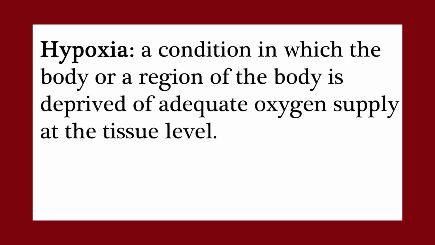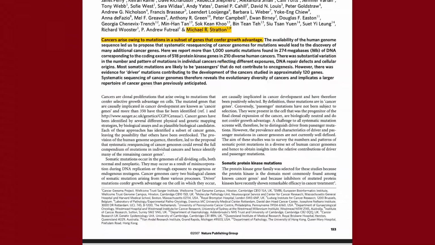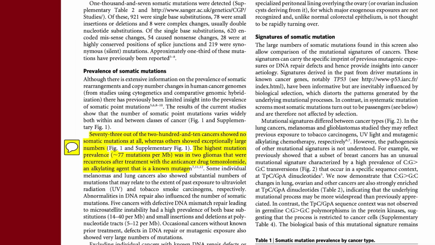Intermittent hypoxia will cause somatic mutations. All of these things cause somatic mutations, and the somatic mutations are thought to be causing the dysregulated cell growth. But there are some cancers growing dysregulated that have no mutations. They're not found. The work of Greenman and Michael Stratton showed that there are some breast cancers